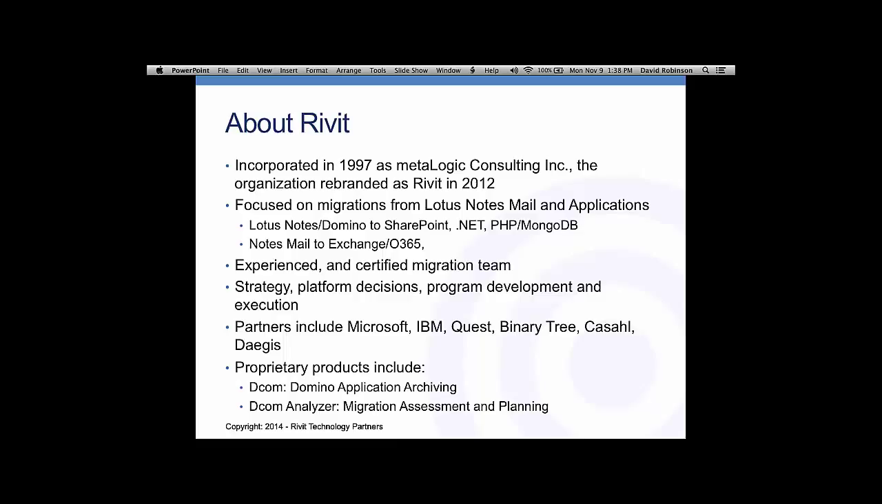So just to get started, a little bit about Rivet Technology Partners. We were formerly an organization called Metalogic Consulting. We've been in the Lotus Notes world for the better part of 18 to 20 years. And the bulk of the work that we did as Metalogic Consulting was all around Lotus Notes development. We had a fairly large practice here in the Toronto area, and we supported organizations and their applications as far